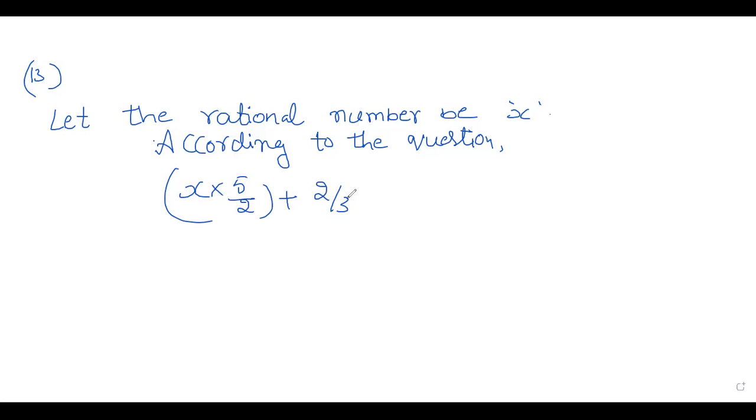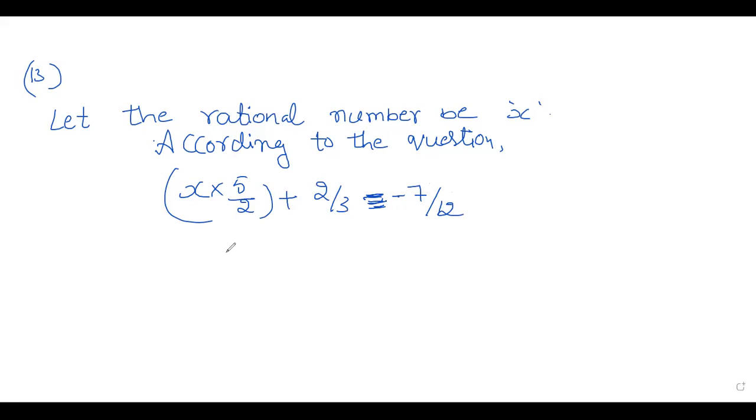They are saying 2 by 3 must be added to the product. So I have multiplied here. For this product, I am going to add 2 by 3. So you will get minus 7 by 12. You will get means the answer, that is equal to. So the answer is minus 7 by 12.